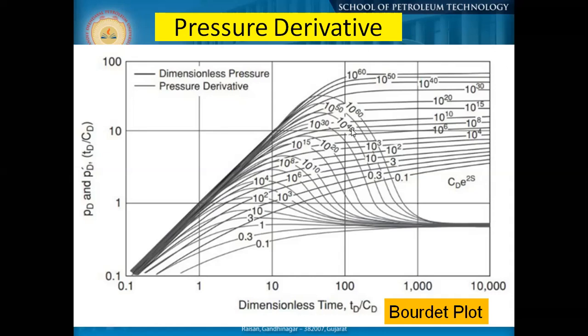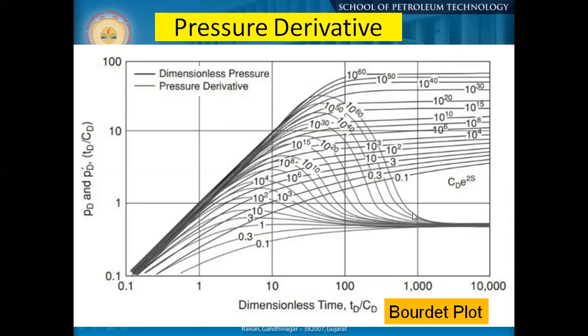And if you remember, I discussed one dotted line in our derivative plot. So that means in the normal pressure graph, you may not understand where the infinitely acting domain starts. But once you do the derivative, you can understand this part is considered to be, one slope is considered to be wellbore storage effect. Then this part is considered to be the skin part is affecting. So this is your